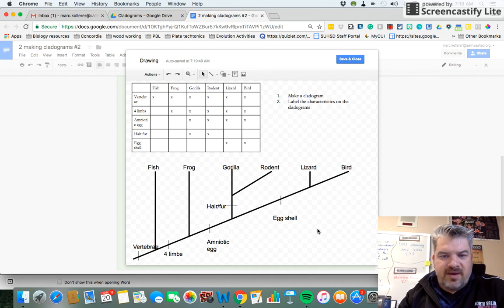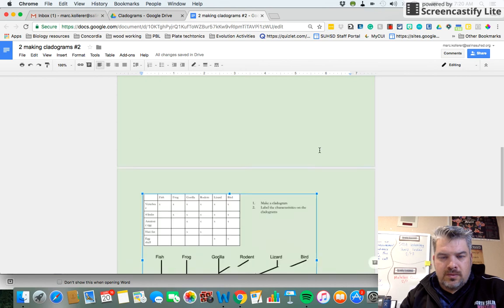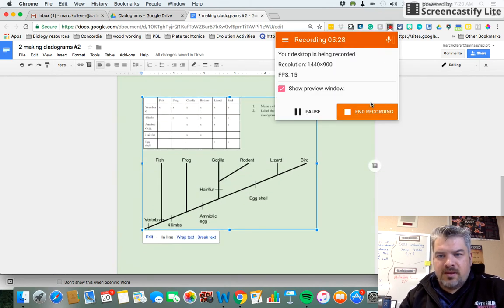So the lizard and the bird have an eggshell, the gorilla and rodent have hair and fur, and we're good to go. So save and close. And there it is. Okay,